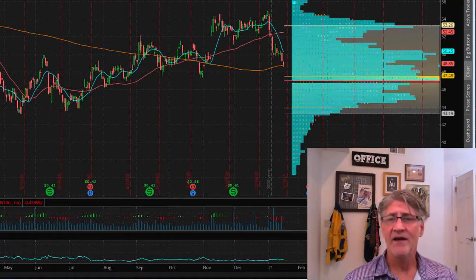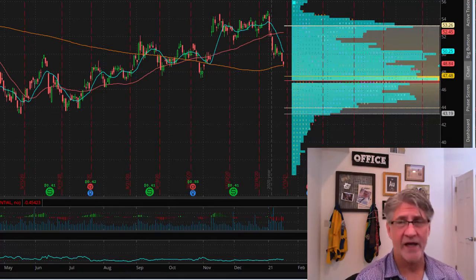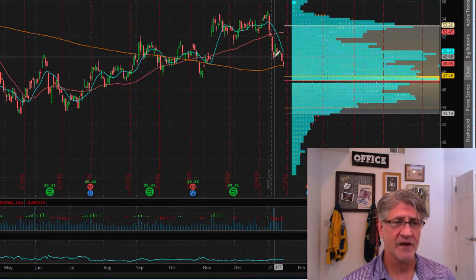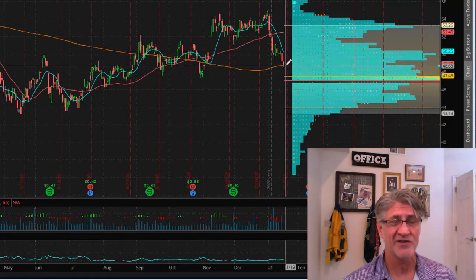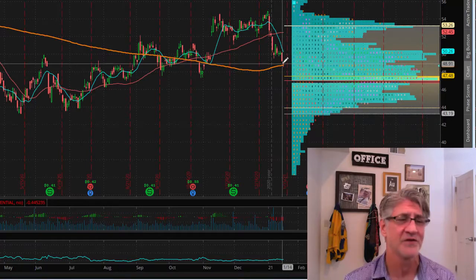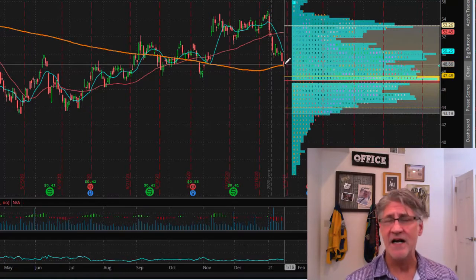With that being said, if we start to see some support here around this area or start creating another candle where it looks like a hangman doji or something like that down here at the bottom of this move, which is starting to set up like that. Not this morning when I decided to get out. It was just breaking down and I pulled the ripcord on it. But it's not to say that I'm too proud to get back in.